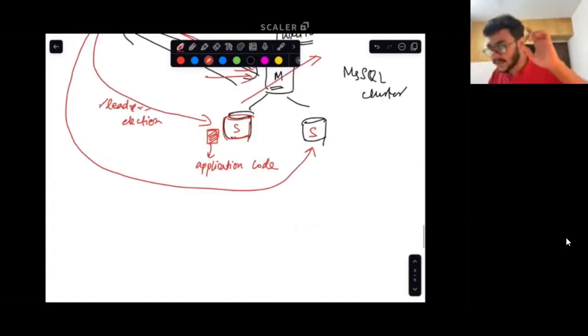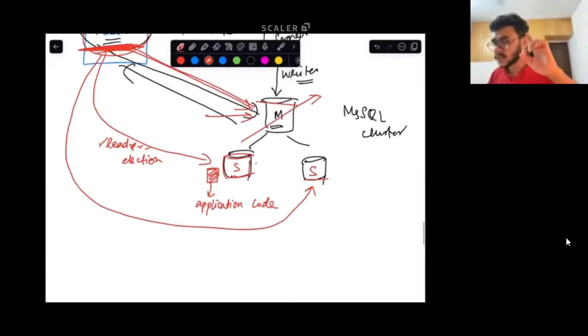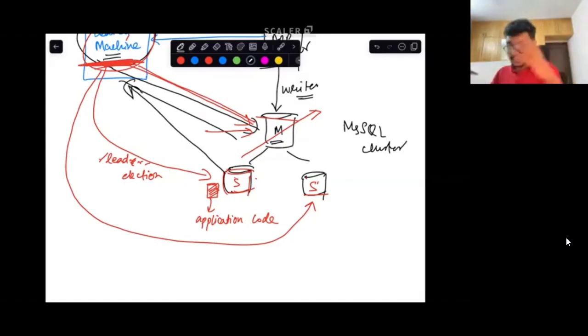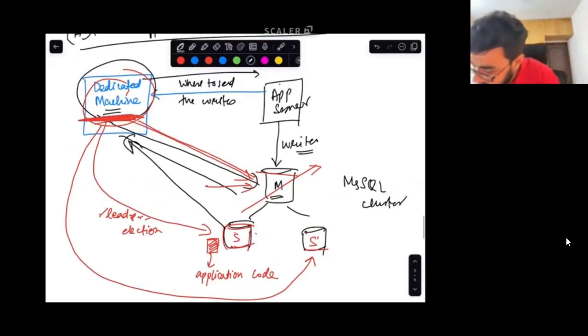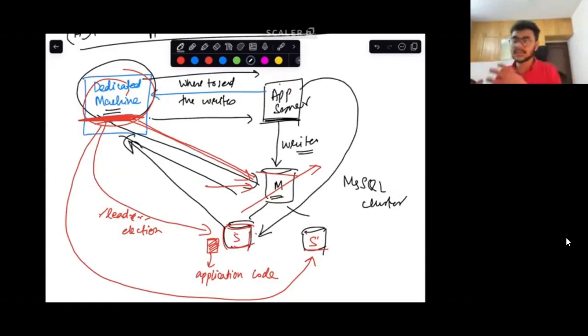Then the slave databases will run some algorithm within them, and eventually one of these slaves will be chosen to become the master. Once chosen, it will send a response that, hey, I have been chosen as the master for this cluster now. Then this dedicated machine will send this information to the app server, and the app server will now send the write request to the new master for this entire cluster.